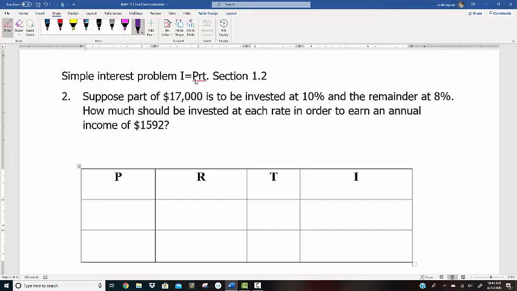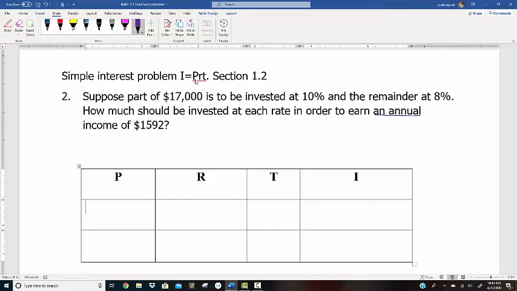Rate is the amount in decimals that you invested at, and T is the time in years. Now, if we continue reading through our problem, it says how much should be invested at each rate, so 10% and 8%, in order to earn an annual income of